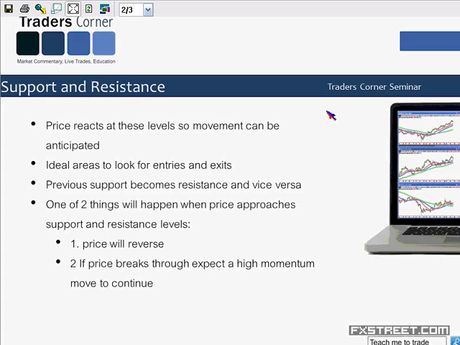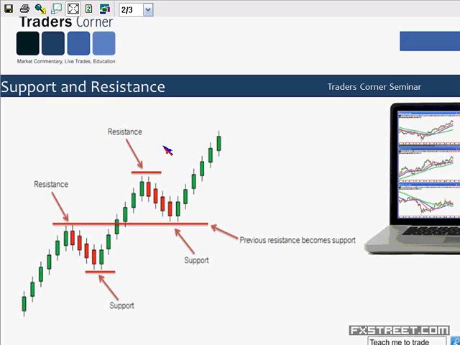Okay, so it's important to keep that in mind psychologically when you're trading these levels. You know, the market doesn't have anything against you. It's just the very nature of those levels. That's what's going to happen. Does that make sense to you all? So,